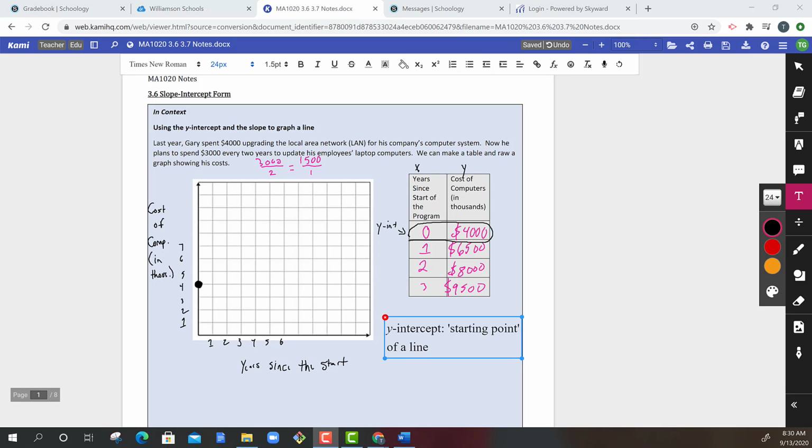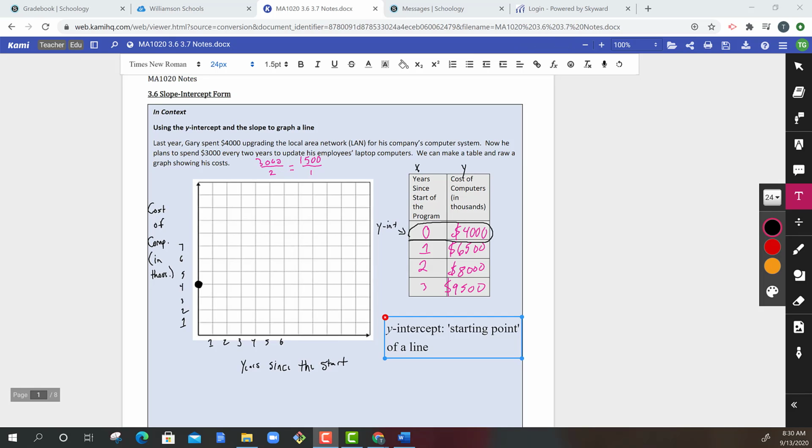And that's because typically when we're talking about application problems, especially when one of the coordinates deals with time, time always starts at 0 units. So that's why often the y-intercept is our initial point that we graph for these problems. We could go ahead and graph the others